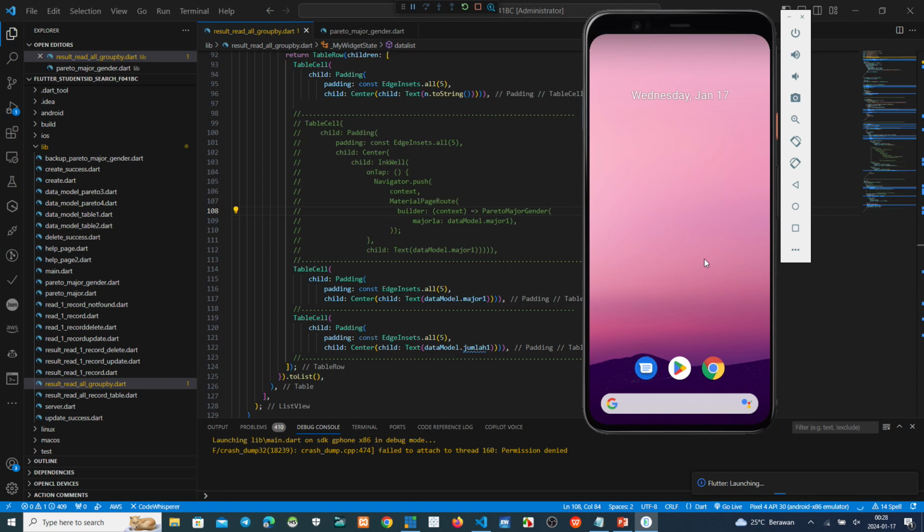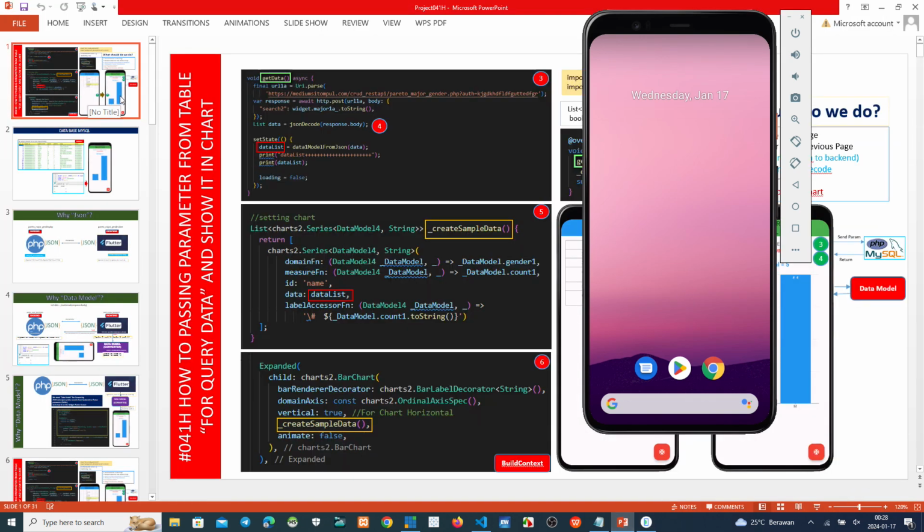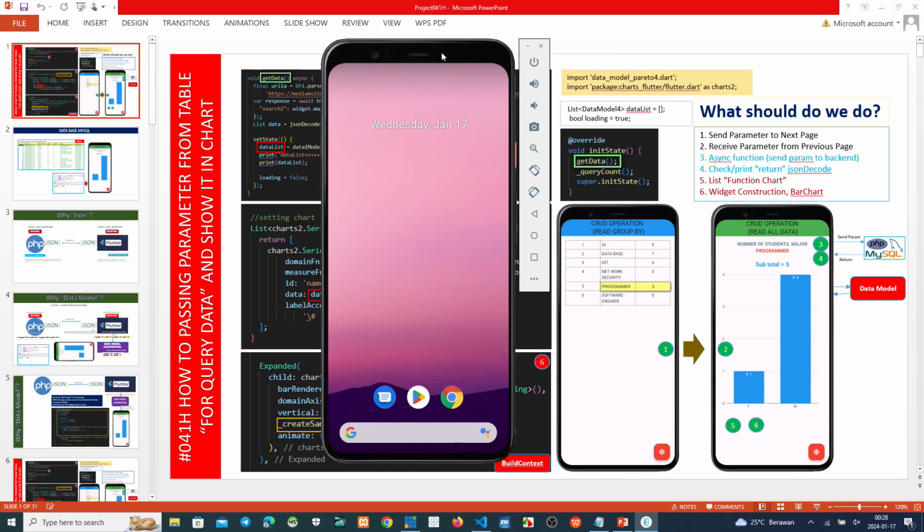We wait before the result shows on the screen. Next, I can explain how to make this coding. This is stepping. If we know what we should do, it means we have finished our project 50%. So we must know this to make coding easier.